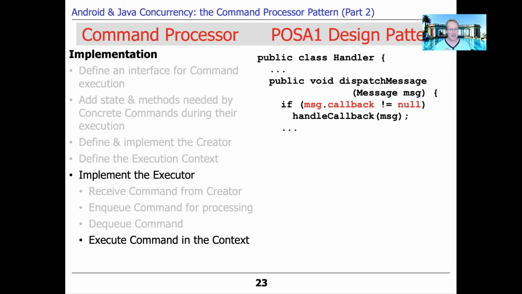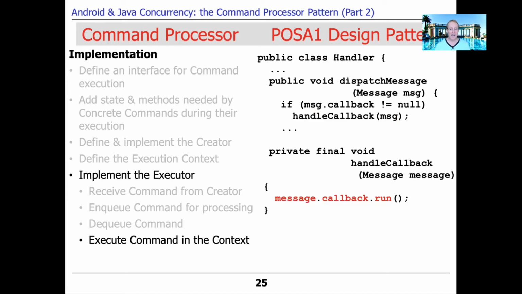If it has a null callback, that means it's a message. If it's a non-null callback, that means it's encapsulating a runnable. And in that particular case, it'll handle the callback on the message. And as you can see, what the handle callback method does is it just says message.callback.run. So at long last, we're able to execute that operation, in this case, to download the image, to display the image. That's going to be run in the context of the user interface thread through this somewhat torturous sequence